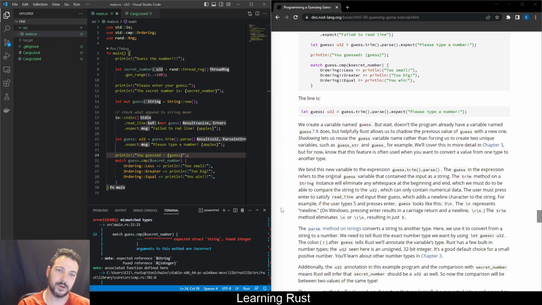Okay, this is the line. We create a variable named guess, but wait, doesn't the program already have a variable named guess? It does, but helpfully, Rust allows you to shadow the previous value of guess with a new one. Shadowing lets us reuse guess variable names rather than forcing us to create two unique variables, such as guess_str and guess, for example. We'll cover this more in chapter 3. Good. But for now, know that this feature is often used when you want to convert a value from one type to another type. Yeah, especially when you do some